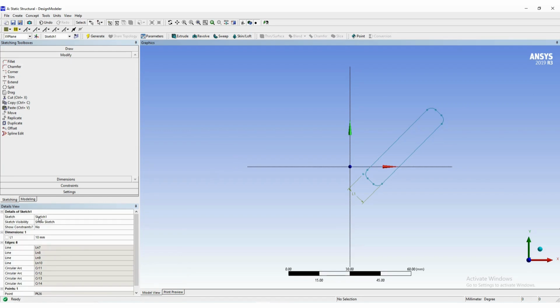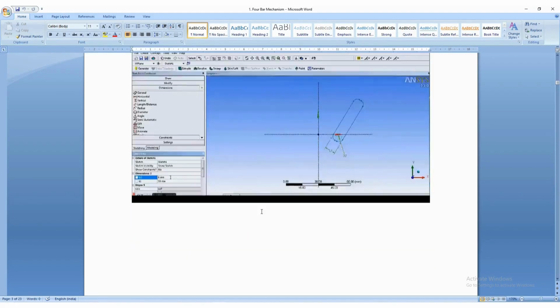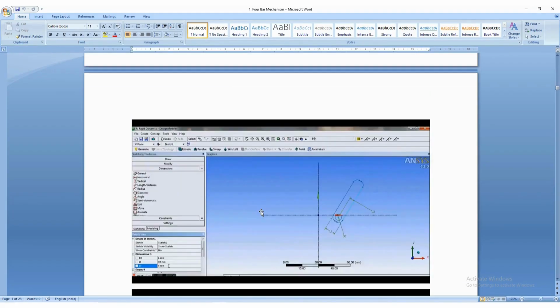You can give a dimension for that. Again you have to go in dimensions, and here you can give a radius dimension or diameter dimension. So if you go here like this, D2 will be 6 mm. Okay, simple. Now after creating this dimension, we have to give the symmetric dimension, but before that we have to